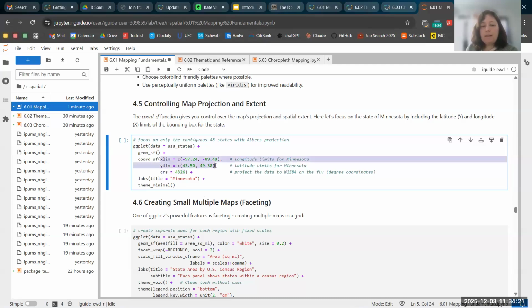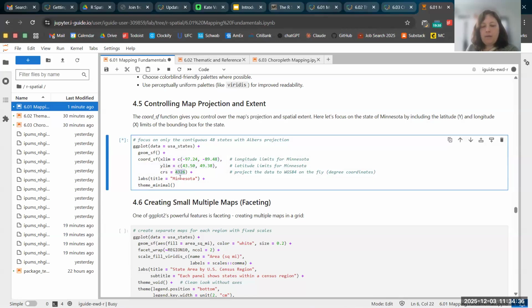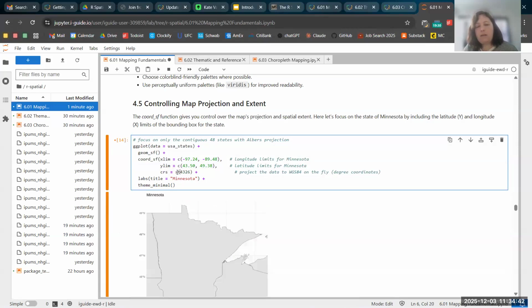So this is looking at the latitude and longitude min and max for like the bounding box of Minnesota approximately. And I'm going to reset the CRS just kind of as a practice for that to show you how you would do it. You can specify a CRS using its EPSG code, or you can also